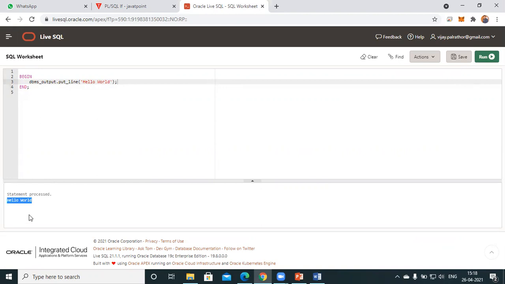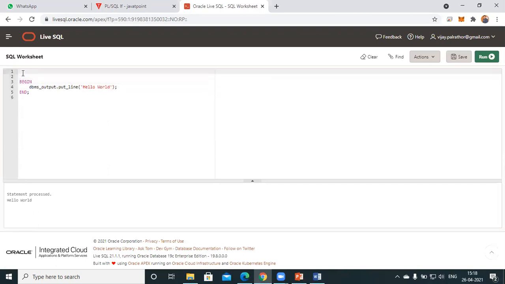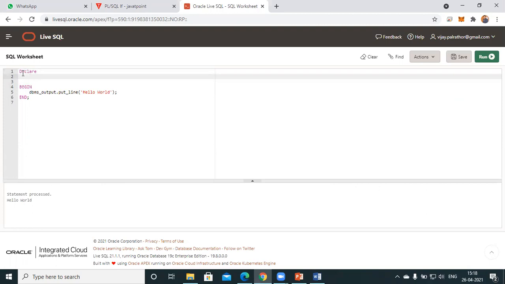Is that okay? Okay, so if you want to declare a variable, then you can write this variable message. As we wrote message, whenever you are declaring a variable, you have to write the DECLARE statement here. You can write the declare statement in small and capital letters, it makes no difference. It is not case sensitive, so that's why message. This is the name of the variable. Then the type of the variable you can specify as varchar2.